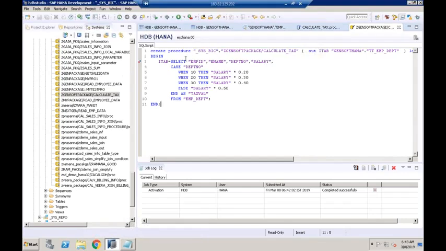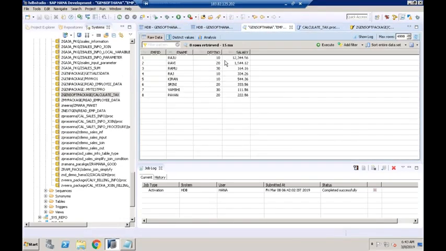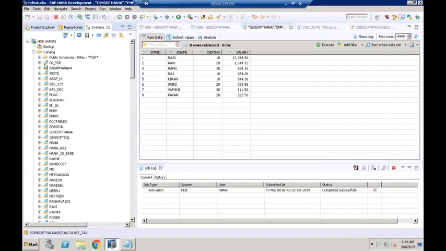I want to check whether the process is working fine or not. So this is the data as of now. This is the data. Let me refresh once. Yeah, this is the data. Okay. So let me try to consume from the SQL console. So I need to open the